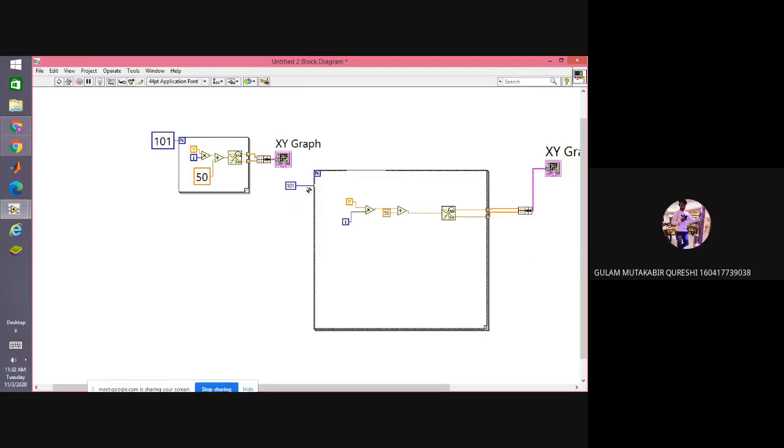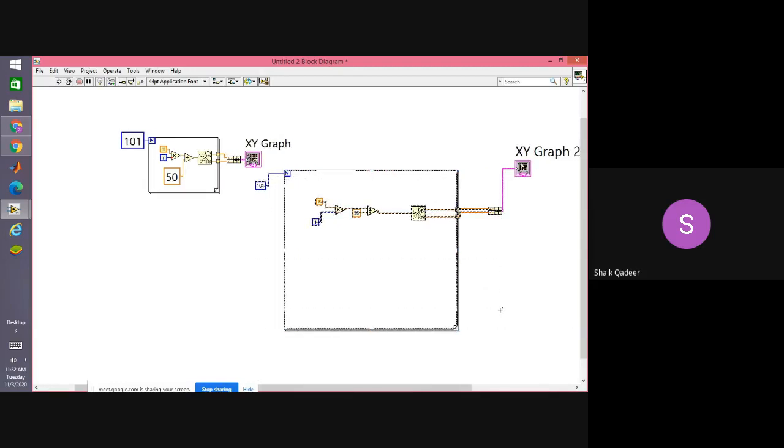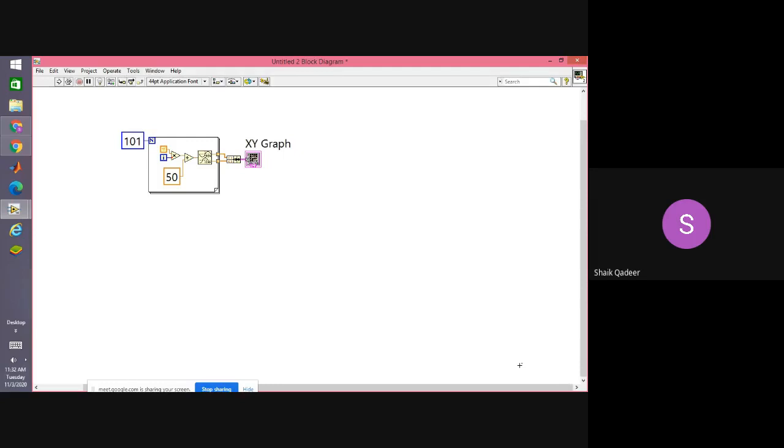What I will do is remove this part. I'm keeping only the fresh ones.